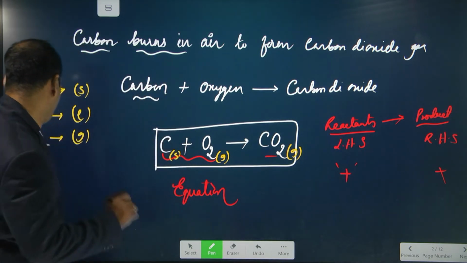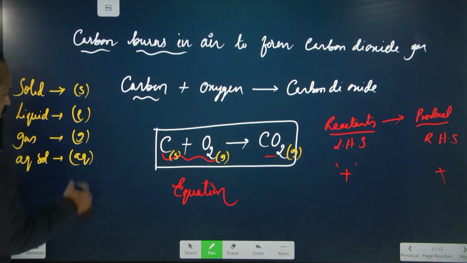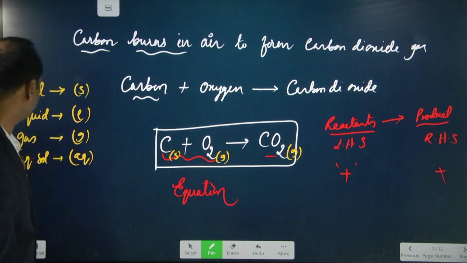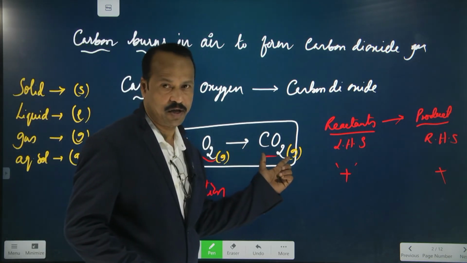When aqueous solutions are there, you just have to write AQ. AQ represents aqueous solutions. Now sometimes what happens, when carbon is burning in oxygen, forming carbon dioxide, that